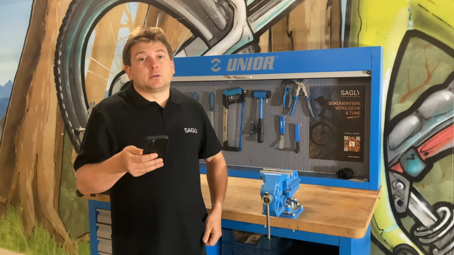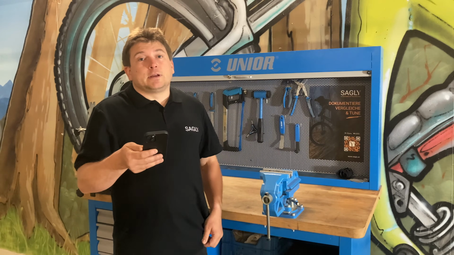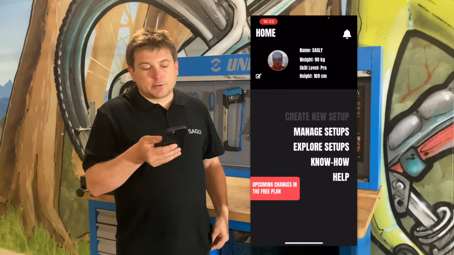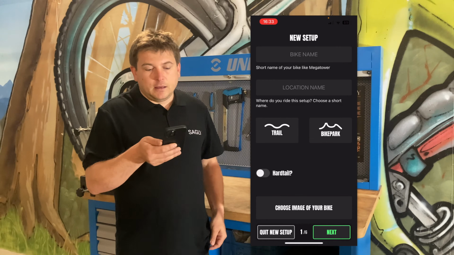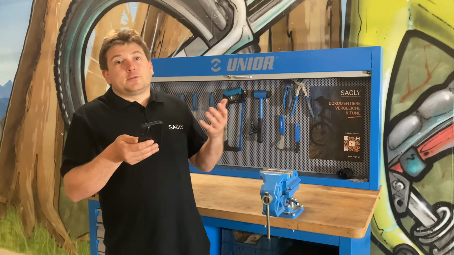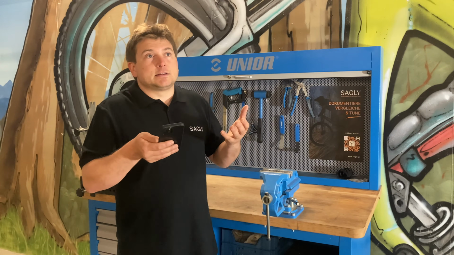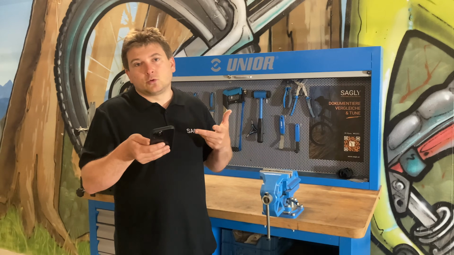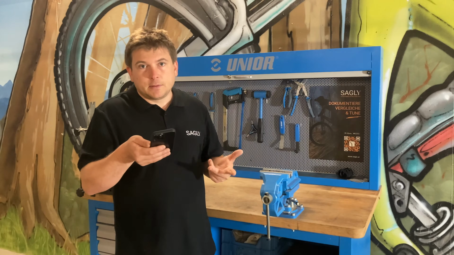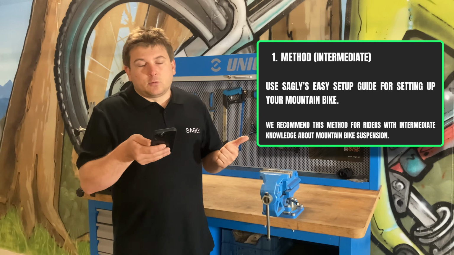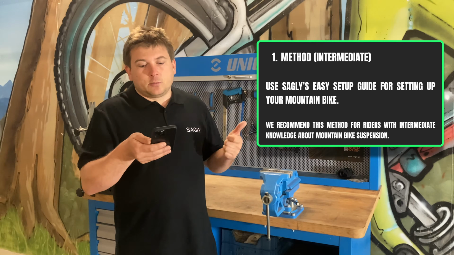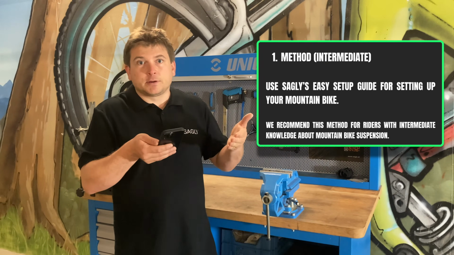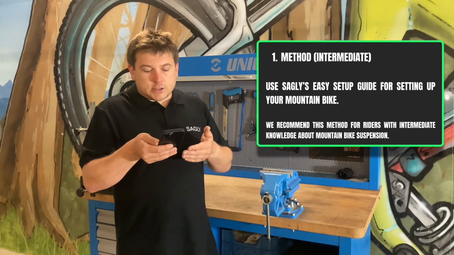So the second thing we're gonna do is create a first setup. Creating a new setup you can simply do by pressing Create New Setup. We believe that creating a good mountain bike setup can be done in 2 or 3 good ways. The first way, which we also recommend doing with SAGLY, is creating the setup in the Creating Setup wizard, which